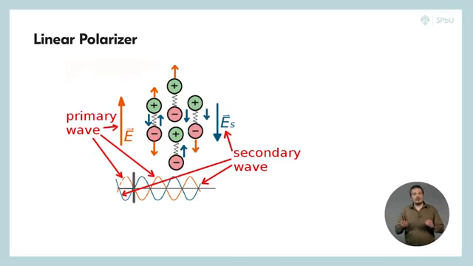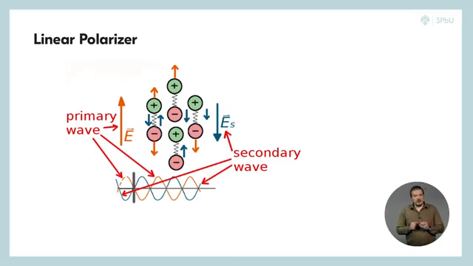This secondary wave goes in both directions. First, in the same direction as the primary wave, where both waves interfere to nothing on the other side of the crystal,